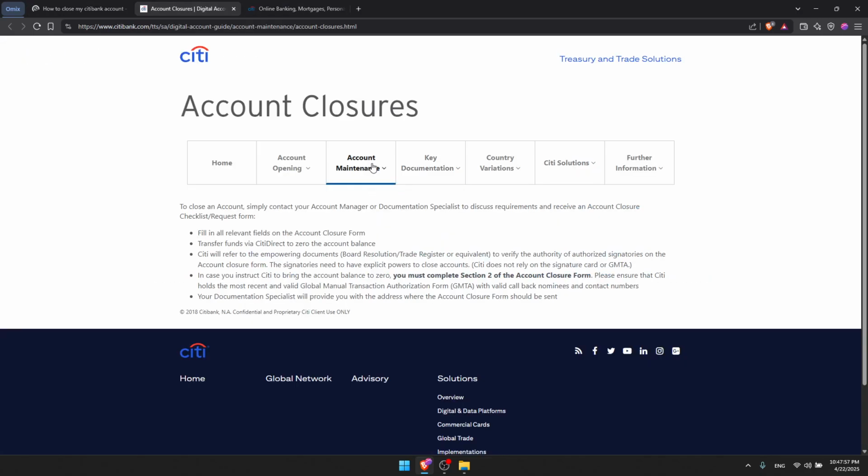So now, how to close your account. To close your account, you'll need to contact your account manager or documentation specialist to discuss requirements and receive an account closure checklist request form. So the first thing that you'll need to do basically is fill in all relevant fields on the account closure form,